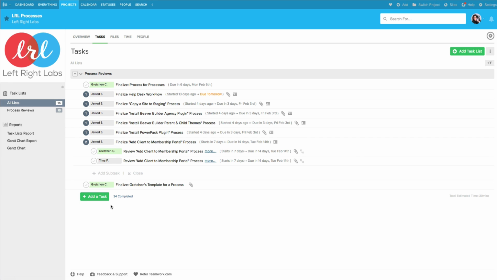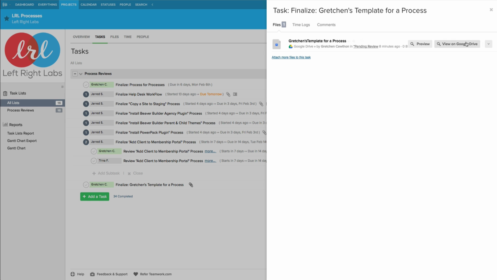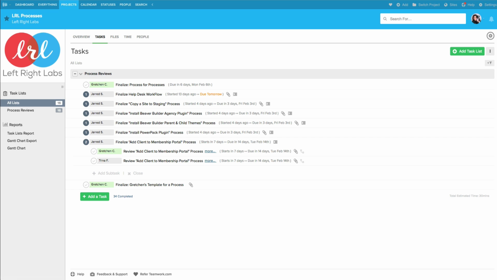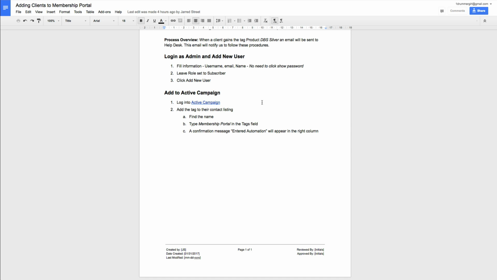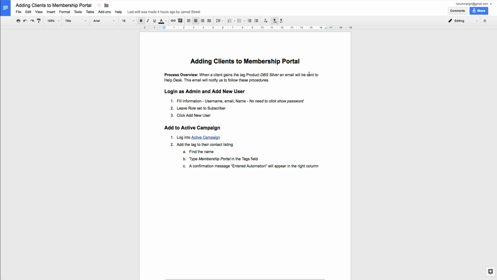So how a review works, for example, I will just jump over to my template that I made. And actually, I'm going to need to do this with someone else's document. So I will jump over to this one here. And I'm going to click View on Google Drive. Now, there is not very much in here, but that's okay. When I go to review this, or any of my team members go to review a document that I've created,